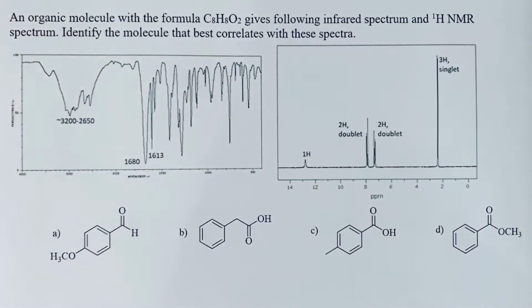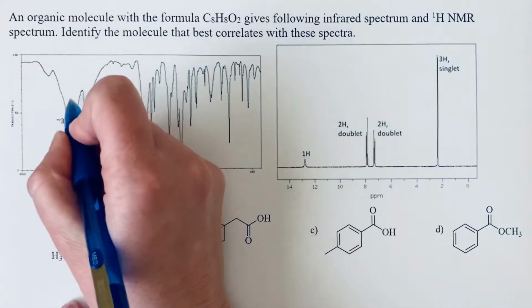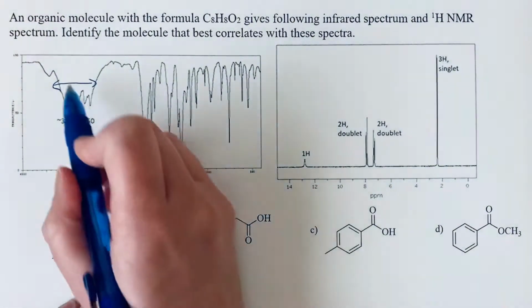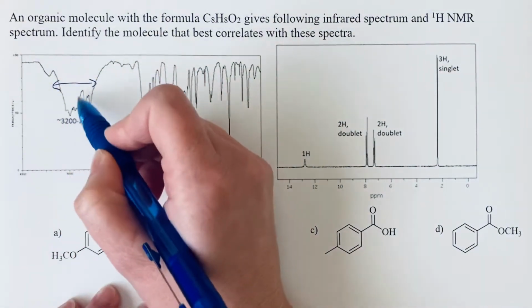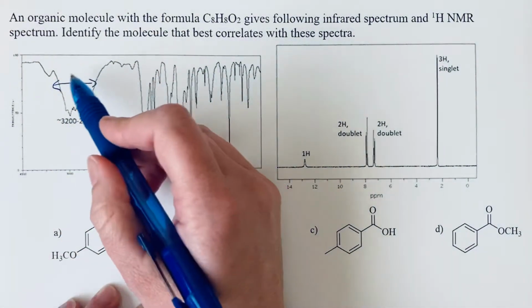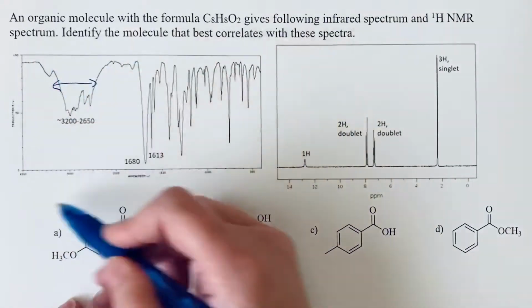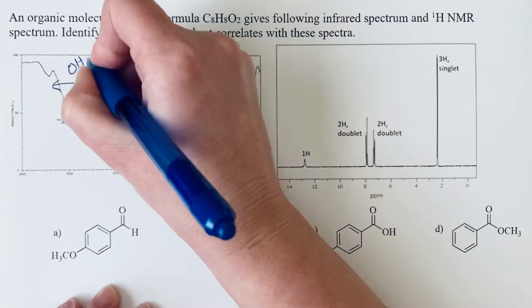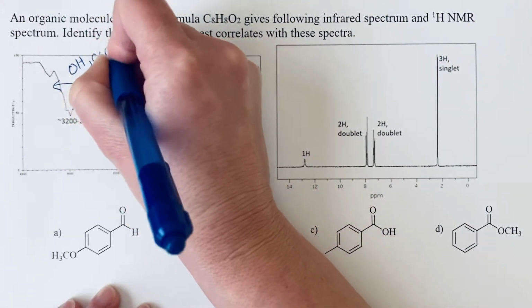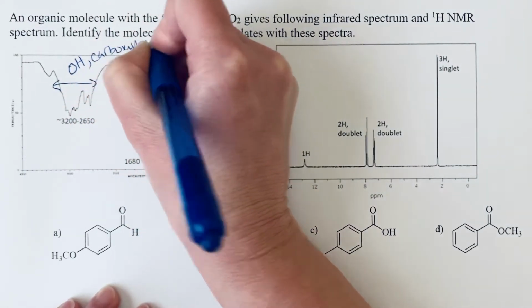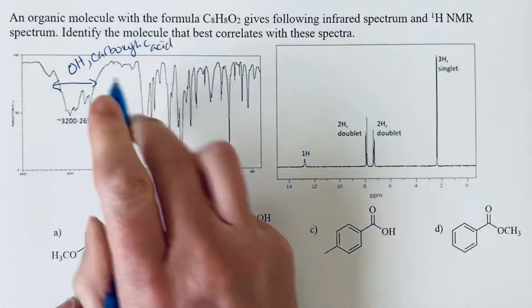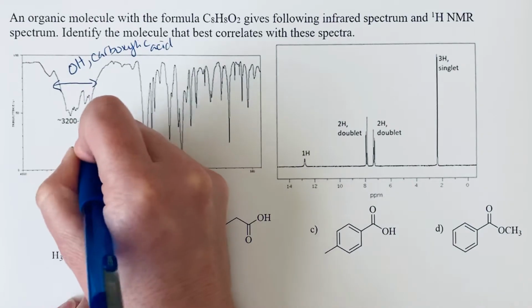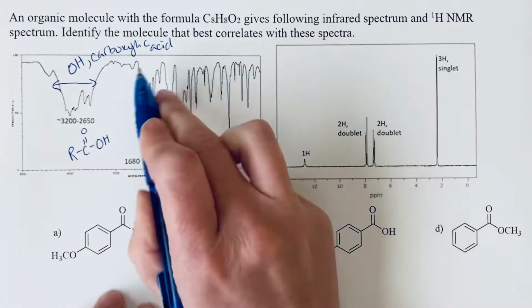an idea of the functional groups that are present. And so I see this really broad peak here in the CH stretching region, really broad. It's overlapping those CH stretches. So this is all the bonds to hydrogen region, overlapping the CH stretches. This is really characteristic of the OH of a carboxylic acid. And so if we have a carboxylic acid, that's this general functional group, I would expect to also see an